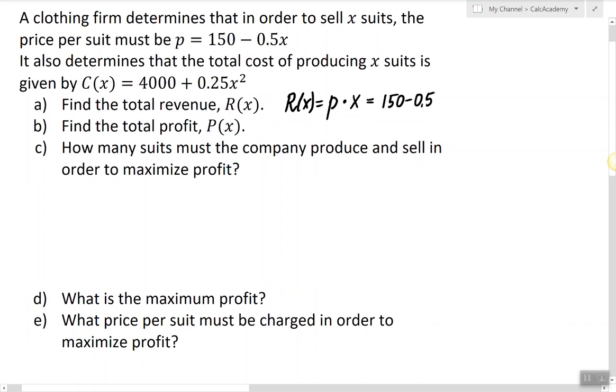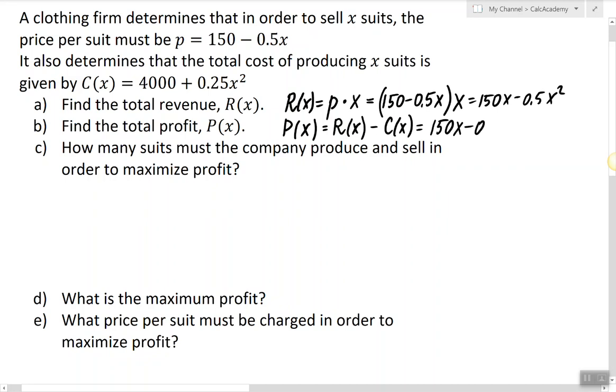150 minus 0.5x times x. Now the total profit can be found by taking away the cost from the revenue. So if my revenue is 150x, I'm going to distribute this over here. 150x minus half of x squared, then taking away the cost from it will give us the following